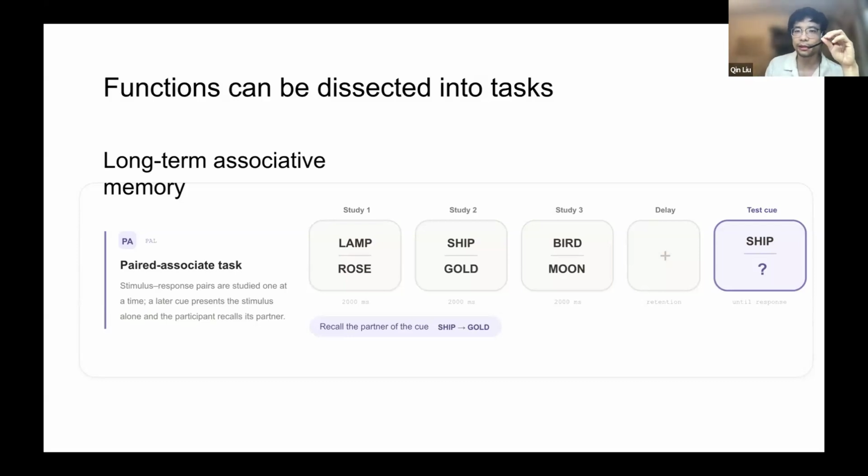So we can actually test a person's ability to build and store new associative memory. Like in this example here, some words are associated randomly, and three pairs are asked to be remembered by the subject. And after a long delay, because this is actually a long-term memory, generally the delay can be several hours or even one day. And then the subject needs to answer whether this is a pair of the other or not.